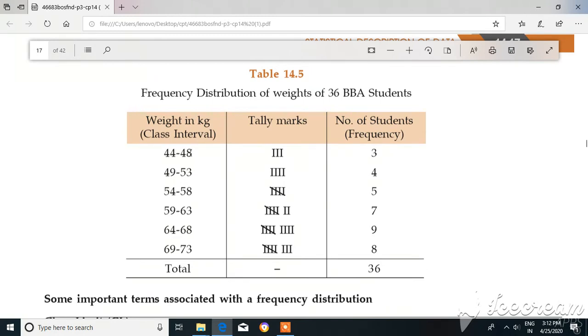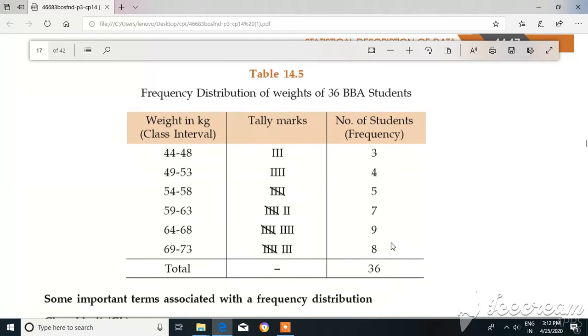So how do I calculate that range? 48 minus 44, which is 4. Again I will start with 49 to 53, 54 to 58, then 59 to 63, something like this. So what are these? Class intervals. Now corresponding to that particular problem, I have to make the tally marks, and finally I want this